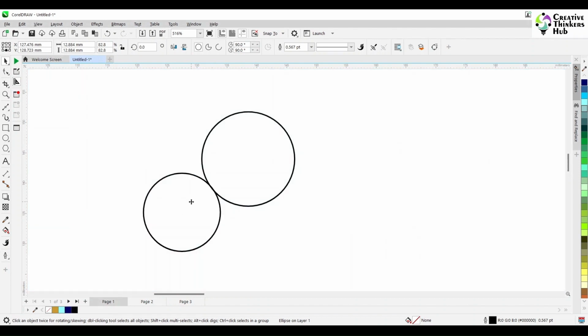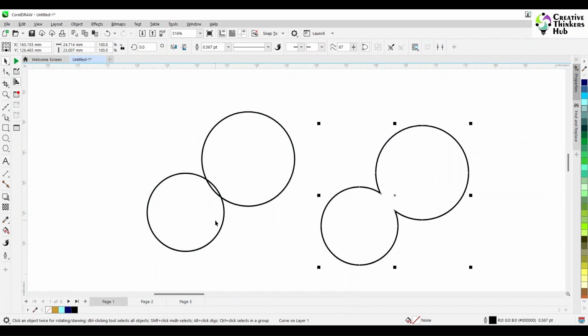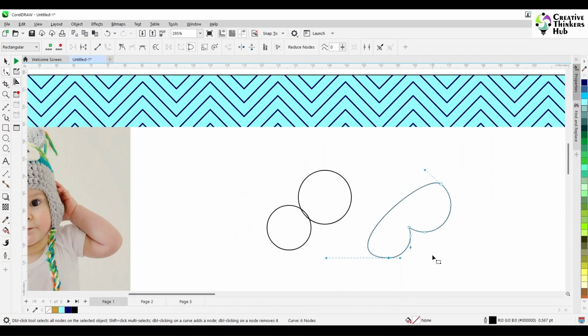Okay, make them overlap slightly and create an outline. Okay, now keep one node here, delete the other nodes, and keep one node here. Okay, this node is good, fine. And then what we do,